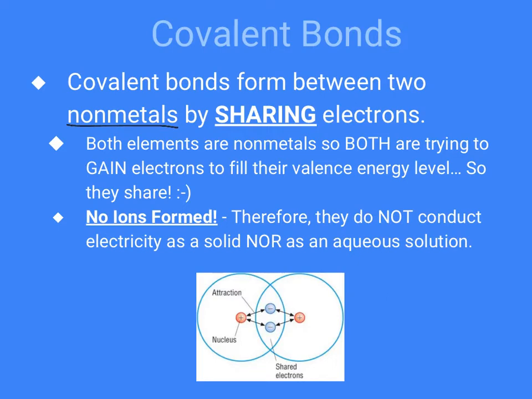Both elements are nonmetals, so they're both trying to gain electrons to fill their energy levels. And since neither one of them wants to actually give up any electrons, they come to a happy place, a happy median, a compromise, if you will, and they decide to just share them. So during this process, we are not gaining electrons, we're not stealing them from other atoms, so we're not